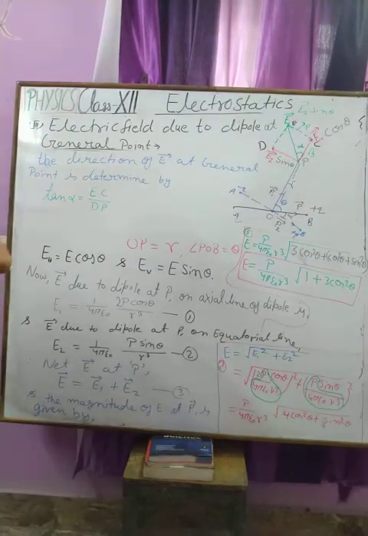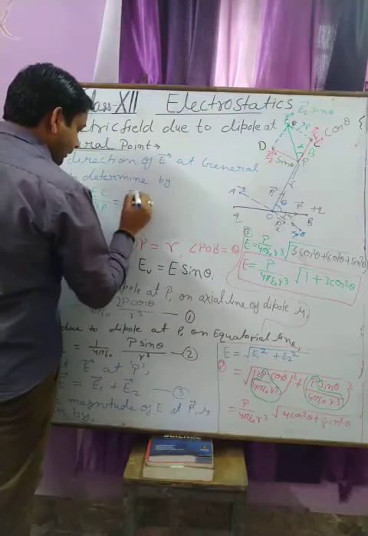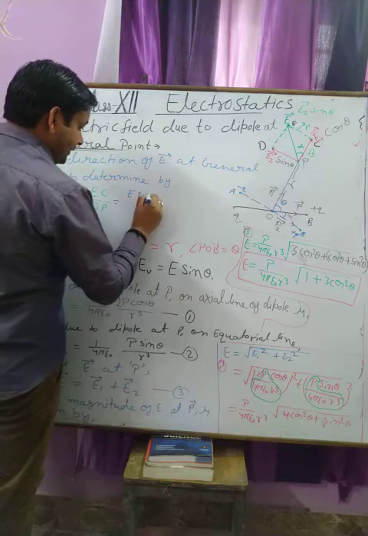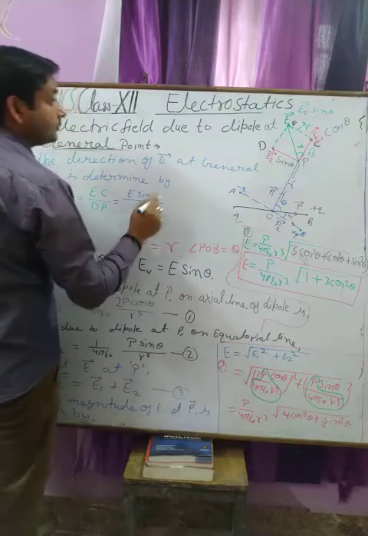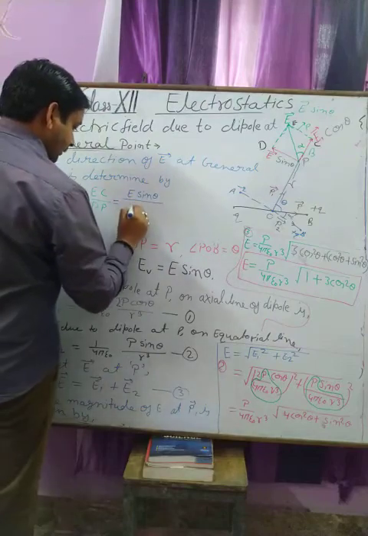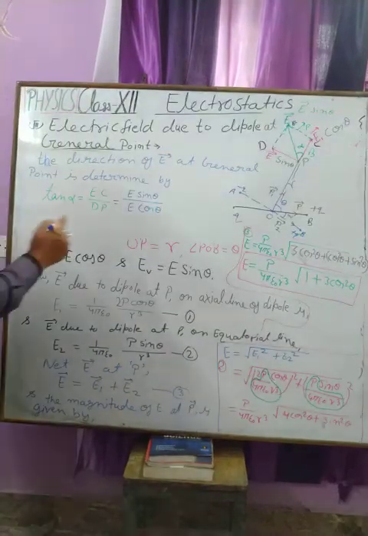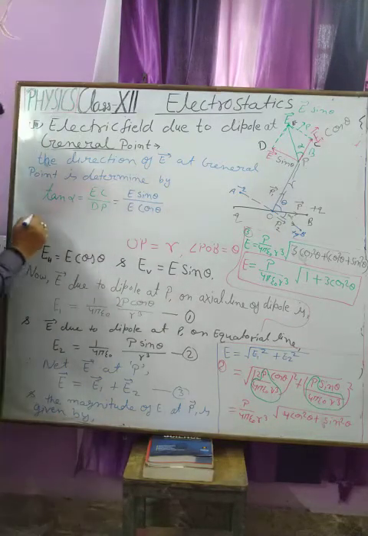Therefore, by putting this value, we get E sin theta upon E cos theta. Okay student, so we all know the ratio sin theta upon cos theta is tan theta, and